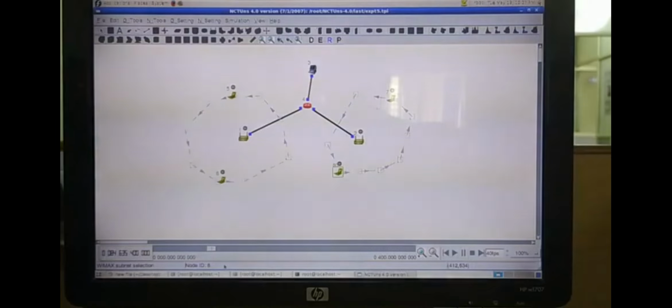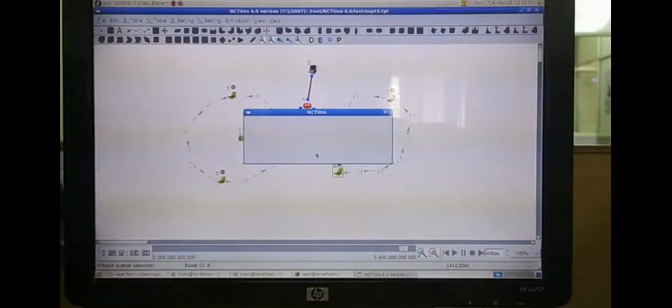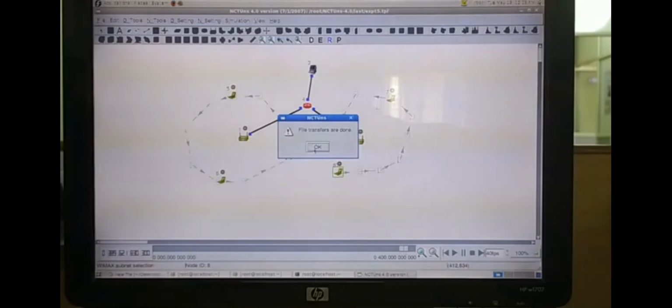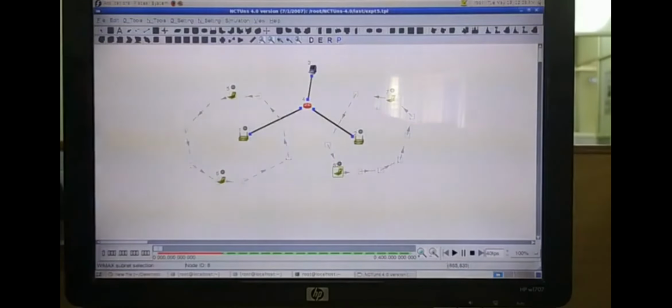Once the simulation completes, we need to play back how a mobile node moves along the moving path and how it sends its packets to the destination node 3. That is what we need to note now. So I'll go for the playback.